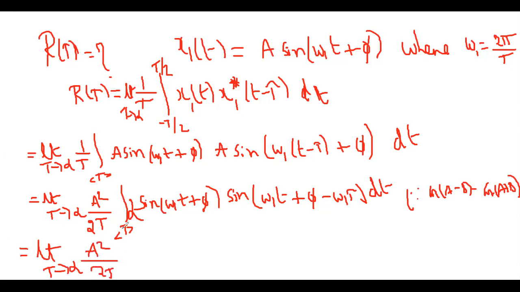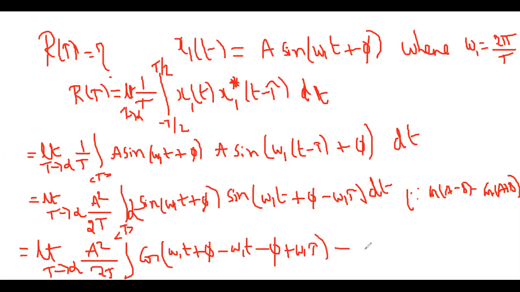Why did I get the 2t? I multiply and divide with the 2. The integral, the total function now becomes in terms of cos A minus B. A is omega 1t plus 5, minus this total B function, minus omega 1t minus 5 plus omega 1 tau